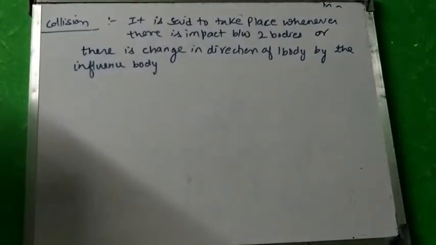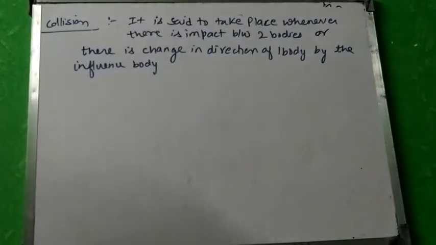मतलब एक बॉडी के मोशन की वजह से अगर दूसरी बॉडी कांप भी गई है, थोड़ी सी डिस्टर्ब भी हो गई, that's also a part of collision. Before moving towards the types of collision,